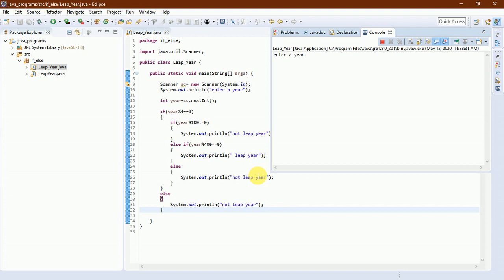So I'm running the program and we are giving an input, that is 2000, that is leap year. And again we are giving another input, 1900, that is a century year.